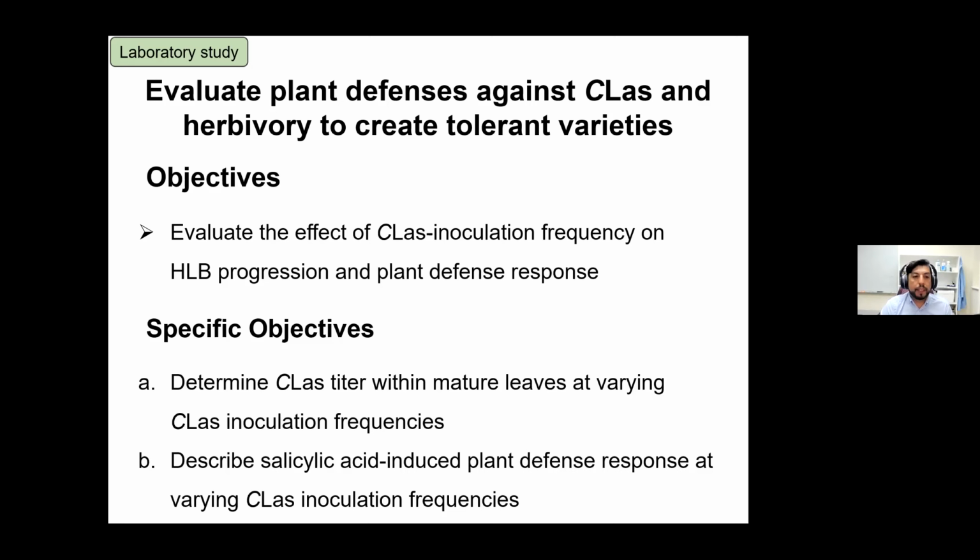The specific objectives were the following: that we determine the Silas titer in this group of plants, and